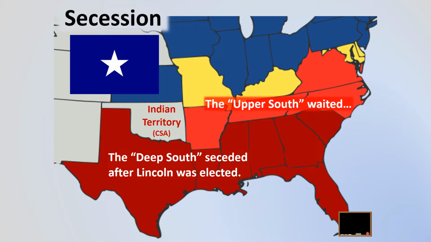These 6 states immediately secede from the Union, and the Upper South is going to wait just a little while. In the meantime, Virginia, the western part of Virginia, I think you saw that in your reading when we were talking about slave states and slavery in the South, they didn't have very many slaves, and they did not want to be part of this secession. So they are actually going to draw up a border and break off from Virginia. And this is where we get the state of West Virginia that will be accepted into the Union in 1863.